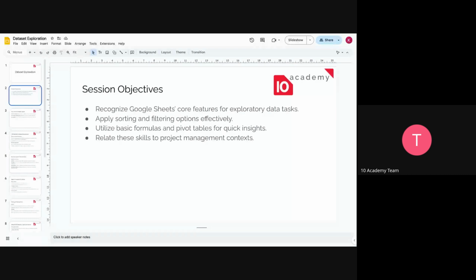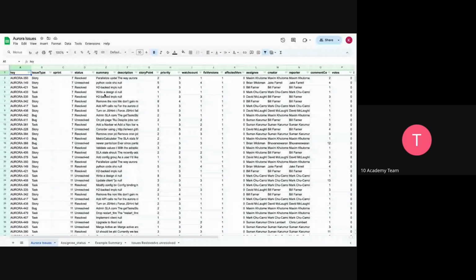And we're going to have a side-by-side demo. For the demo, we're going to be using the Aurora issue dataset. So let me just give a short introduction to what it is. The Aurora issue dataset is data of a company, for a project manager, that they are going to be using in order to track the issues that are being done by the employees. So here we have the key, which is used to identify the issue or the story